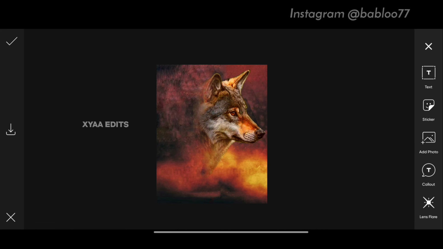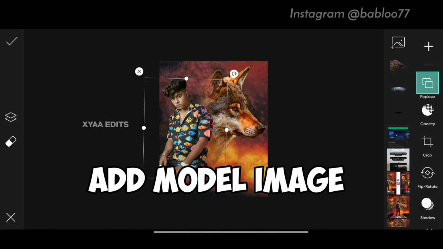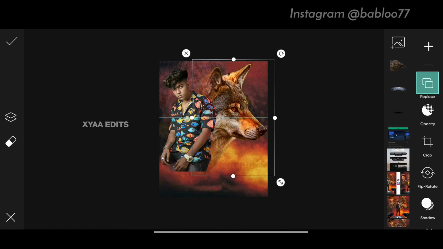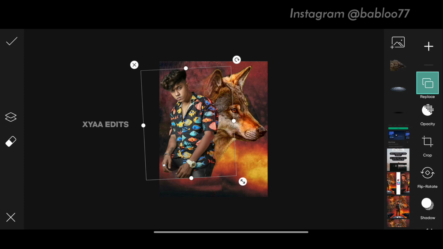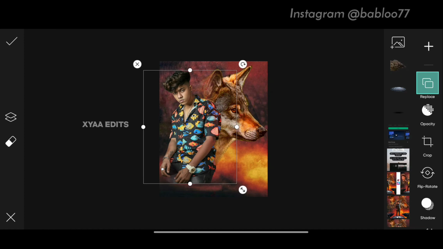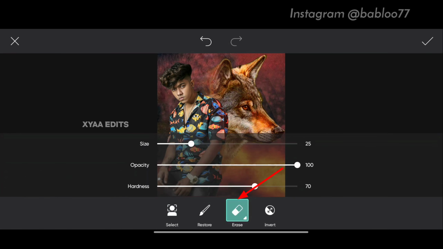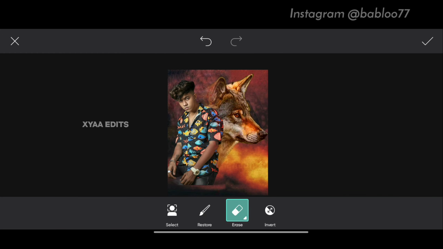Next step, go to add photo and select the model image, and you can arrange it perfectly like this, and you can zoom in a little bit. It's perfect. Now tap on eraser, tap on erase, increase the size, decrease opacity and hardness, and simply erase like this.